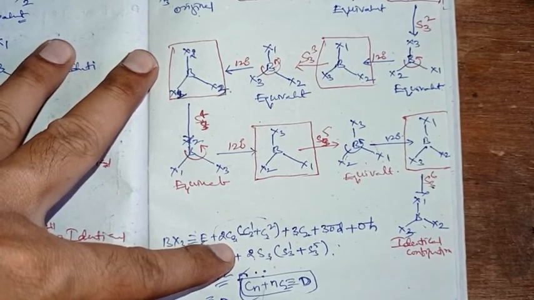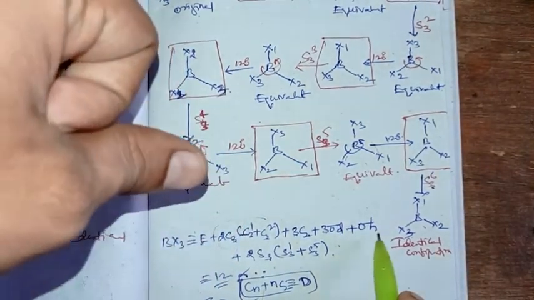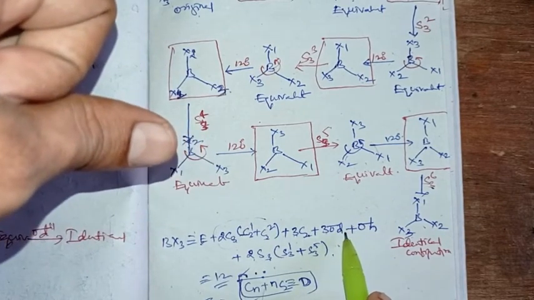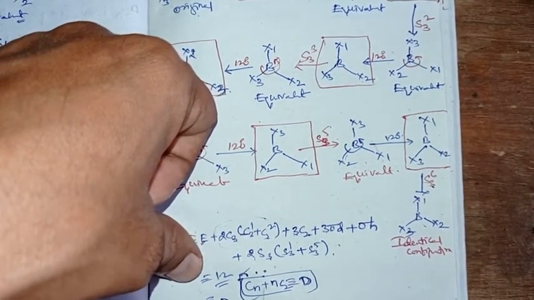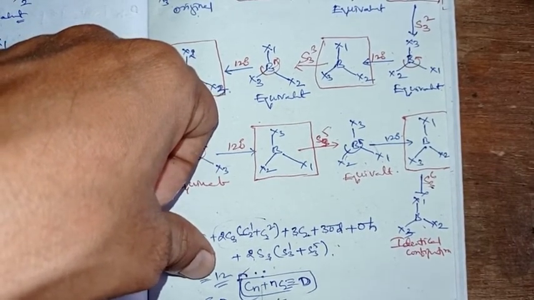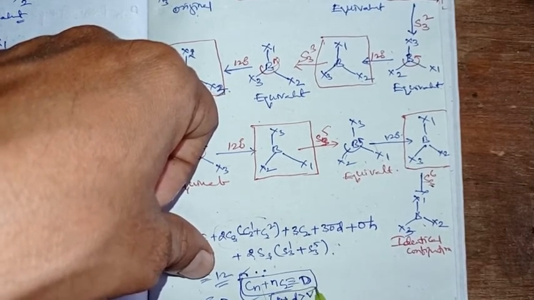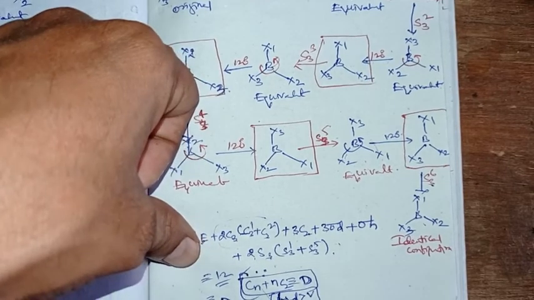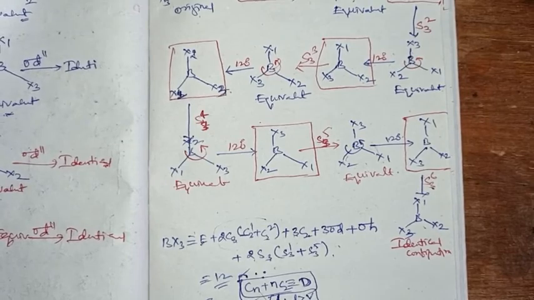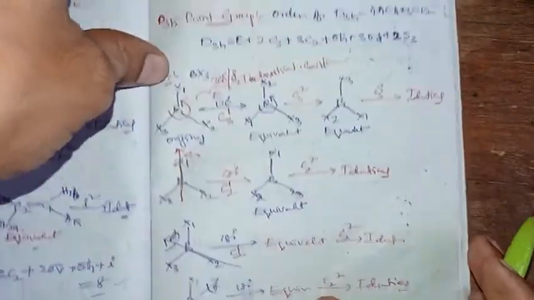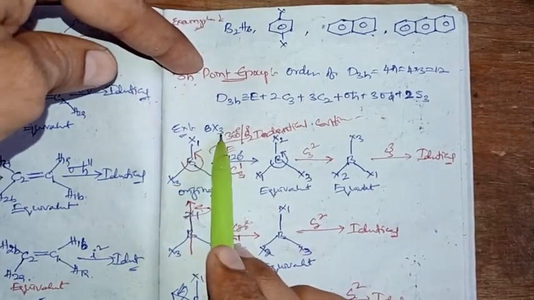The second index here comes from the plane, right? Here it has types of planes, vertical, diagonal and horizontal, where among these the predominant one is H. The predominance of H is more than D, which is more than V, right? So having H, we will go with H. So after all, the BX3 molecule has the point group of D3h, right? That is how we are discussing the D3h point group example as BX3, right?